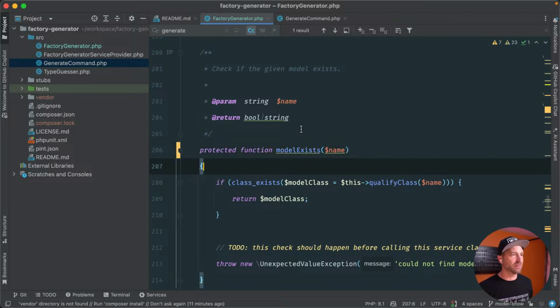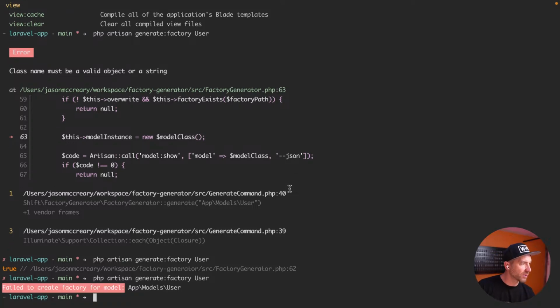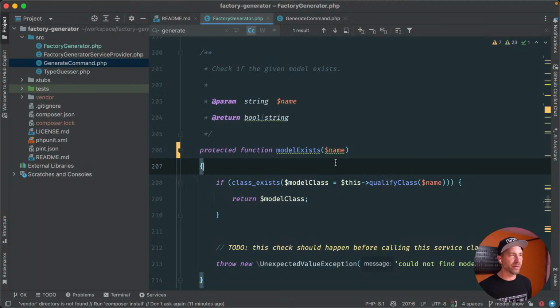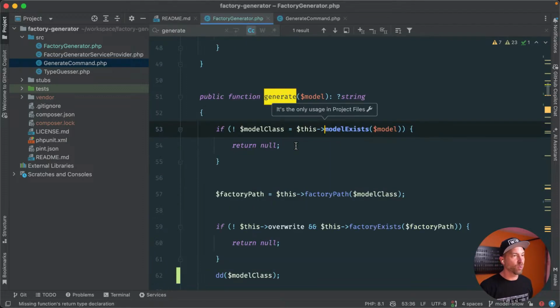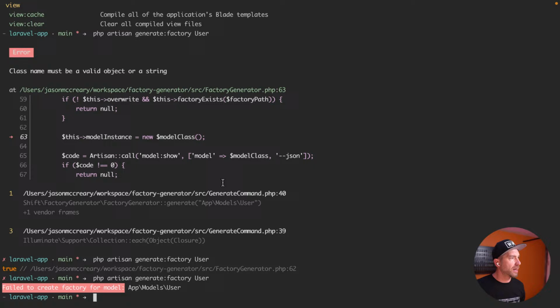That should really have a better return type. I think part of the problem is when I was in here refactoring this, I ended up adding types, and that's clearly not what that thing actually returns. See, never trust a comment. Okay, so now we're a little bit farther, and it simply says failed to create factory for model app models